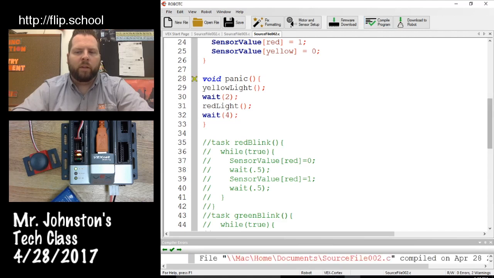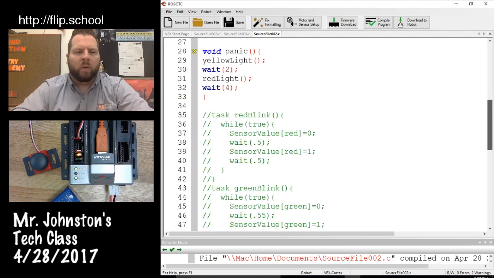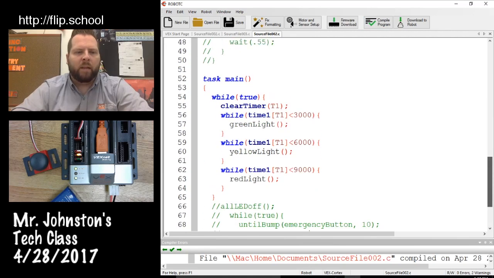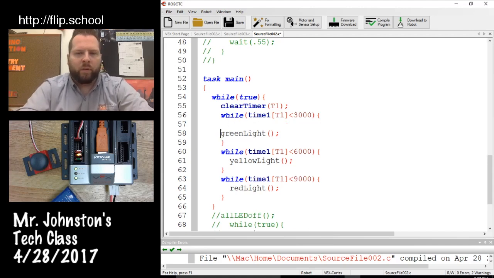All right, looks good. I'm going to go down to my task main, and each time one of these is running, so for instance, in the first 3 seconds, this guy's going. What I want it to do is to see if the button's been pressed. So I'm going to say if, and my condition is going to be if sensor value, and the sensor is emergency button,